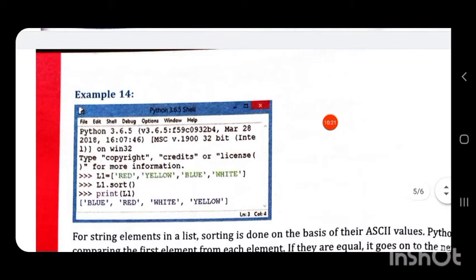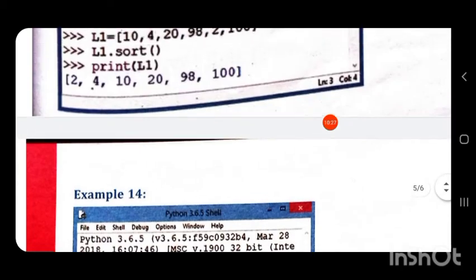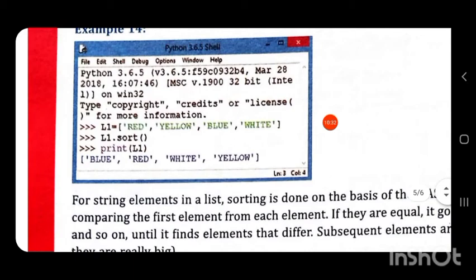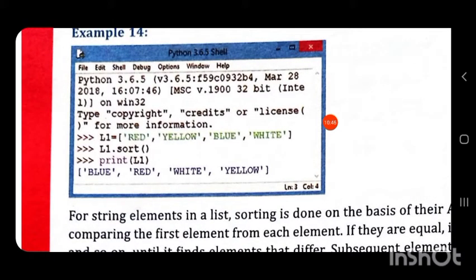So there is another example for sorting. Here we have sorted numbers. Now we are going to sort string values. String values are sorted based on alphabetic order. If capital letters and small letters are there, then first the capital letters will be sorted, then the small letters, because capital letters have smaller ASCII values than small letters.